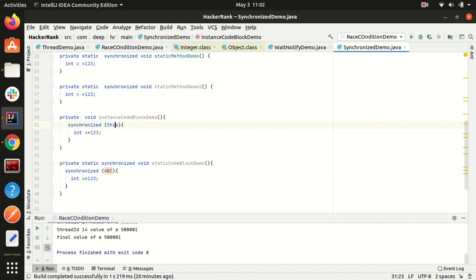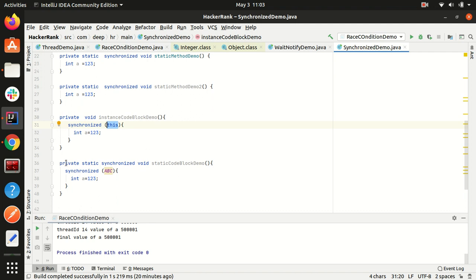Now here I have taken the lock on the instance object, but as I told you before also, taking a lock on the instance object is not that good, because it will cause various performance related issues if you have multiple locks on the instance object inside that class. Although there can be the case that two parts of your code don't need to be mutually exclusive in terms of execution, because the lock is taken on the instance object, both of those codes won't be allowed to run concurrently by the JVM.